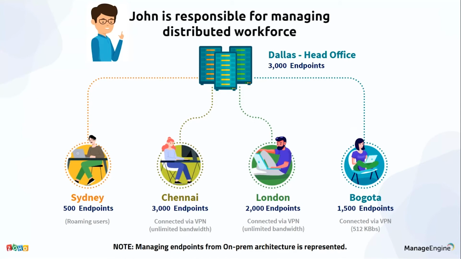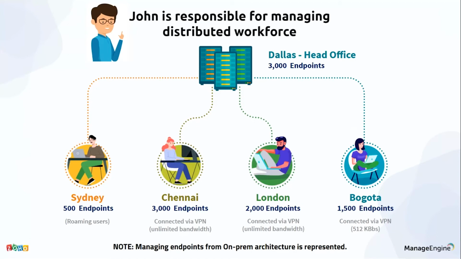We have machines with limited bandwidth and unlimited bandwidth, and also roaming users. With this on-premise architecture of ManageEngine, you could effectively manage the machines with the VPN, which can connect to the office network, and then it can communicate. At the same time, you can establish distribution or downstream service for limited bandwidth locations,